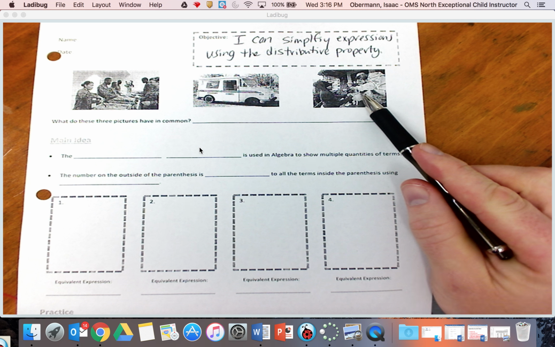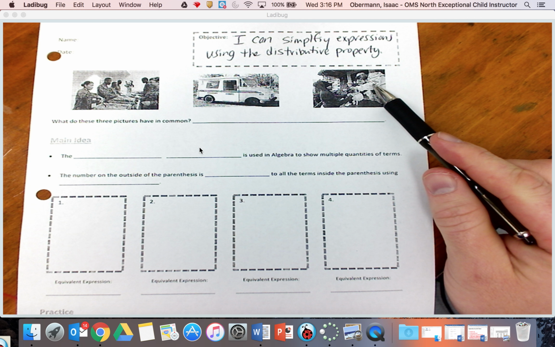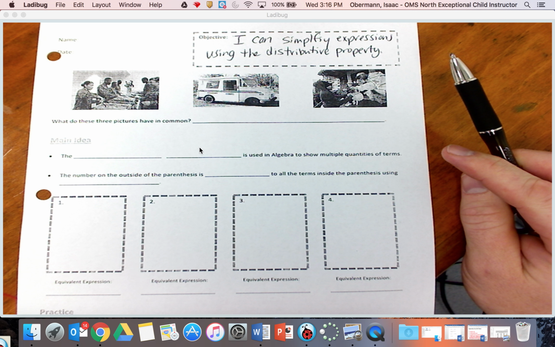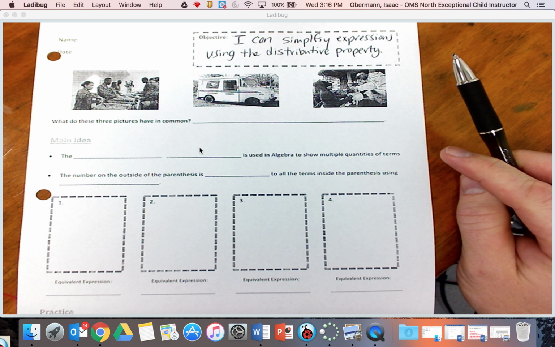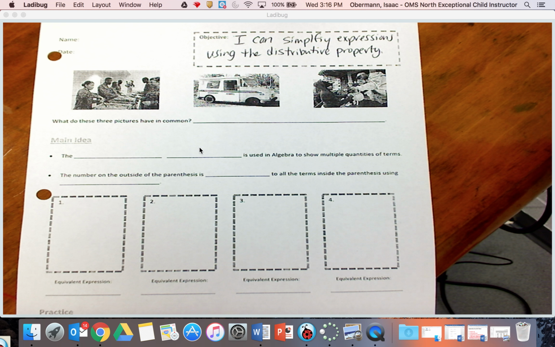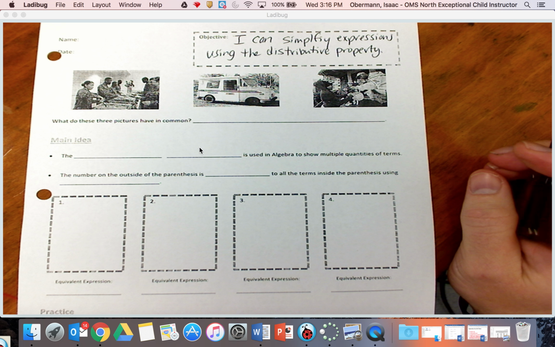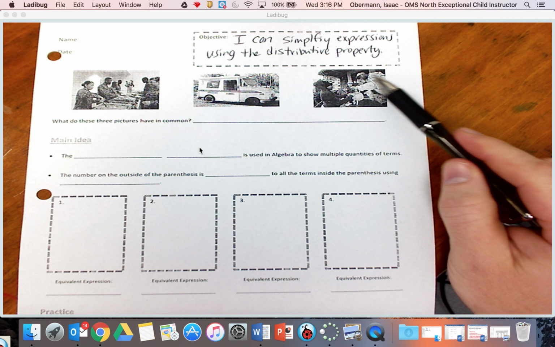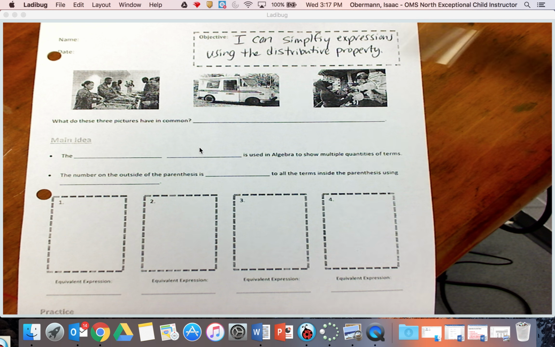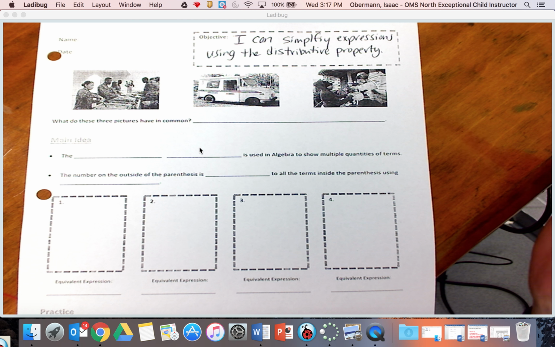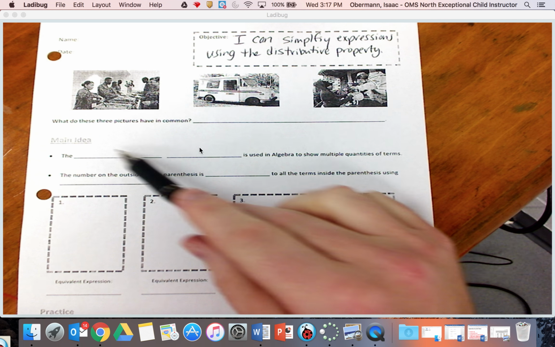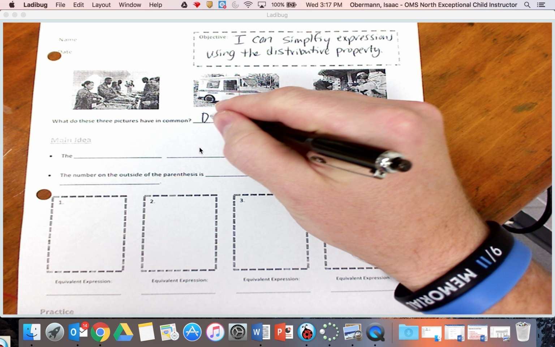Then you see here, this is a bad picture, but it's a black and white picture of Halloween trick-or-treating. You can see this gentleman up here is passing some candy to this kiddo here in his little pumpkin, and he's distributing to him. So everybody who comes to his house, he may give a Snickers or a Starburst or whatever candy he's handing out. So basically, what does distributing mean? It means that whatever these people have, they're going to give it to everybody who is on their list, or in this case, whoever approaches them. So what these 3 pictures have in common is distribution